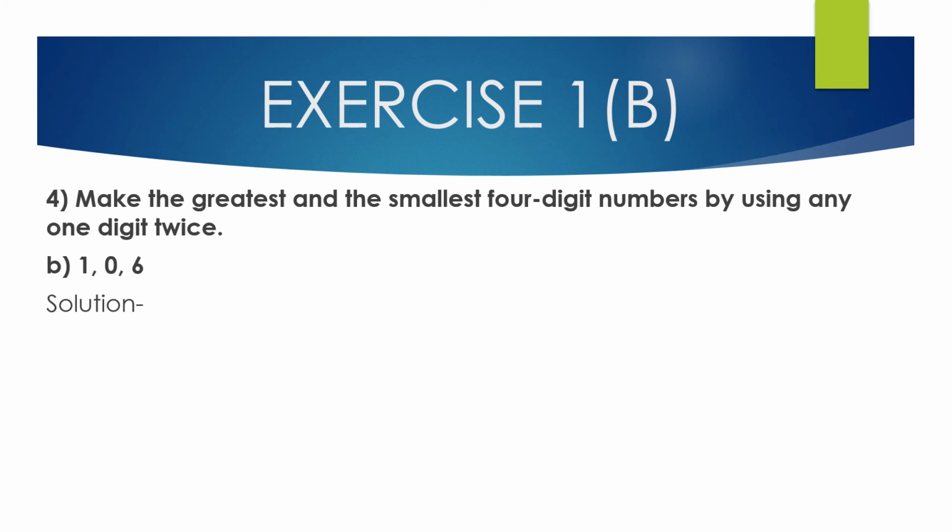Now we solve the next question. The digits are 1, 0 and 6. These are the 3 digits given and we have to make the smallest and the greatest 4-digit number by using any one digit twice. So the smallest